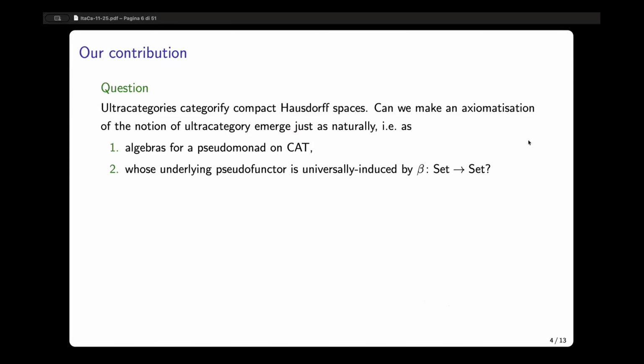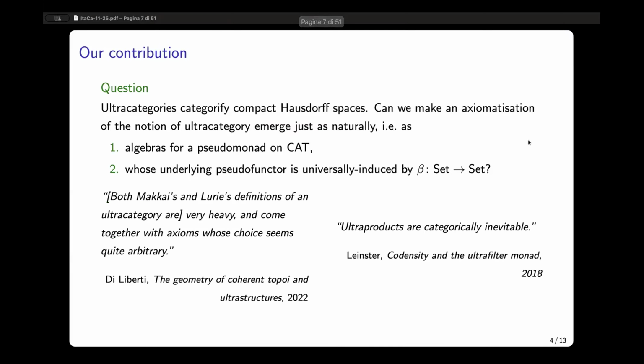So the question that started this bit of research that I'm talking about today is, can we make an axiomatization of ultracategories emerge as compact algebra spaces emerge? So as an algebra for some kind of monad now on categories, and maybe possibly in such a way that at least the functor, but maybe also the monad, is induced in some universal way from the ultrafilter monad itself. And this idea ties with some remarks in the literature already present,